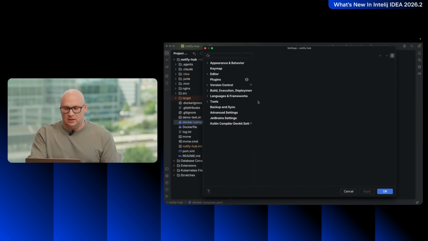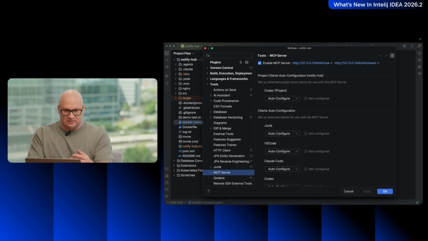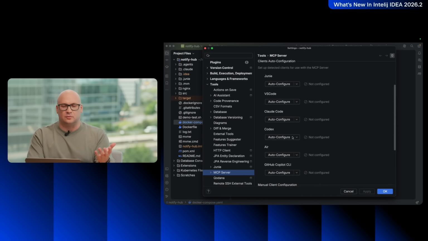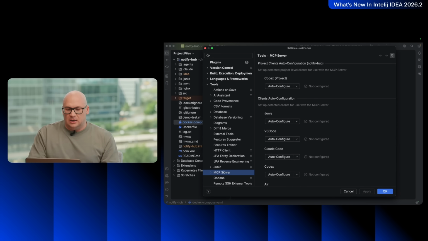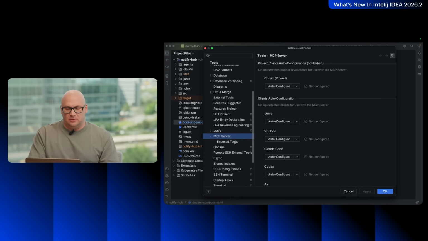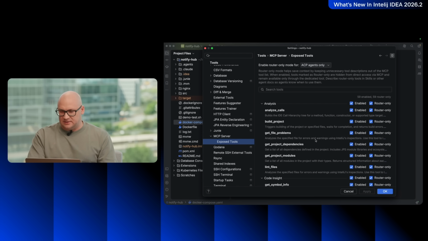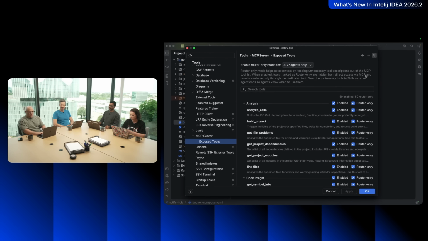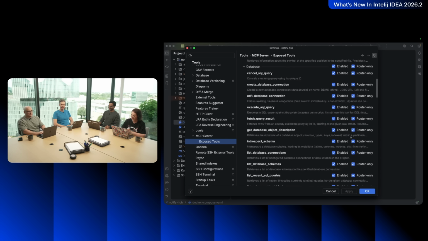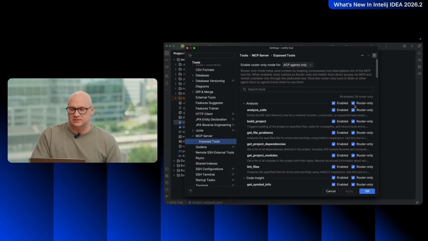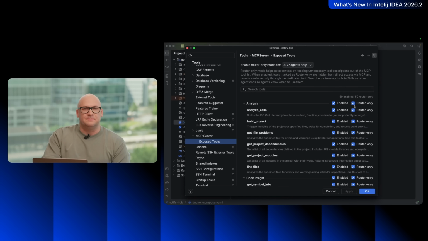And we do expose them via MCP endpoint, and we used to expose them all separately. So if you go into the settings, there is a tools MCP server, which you can configure for any agent that you have connected to your IDE. And there is a list of exposed tools. So if you go to the list, we have this fancy, solid 90s looking UI with many checkboxes. And one of the new checkboxes that we have here is this router only checkbox, which means that this